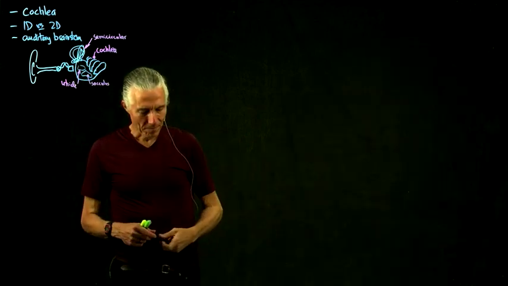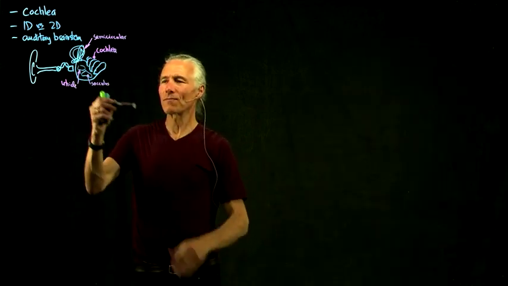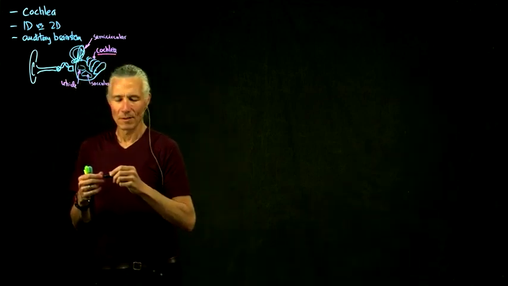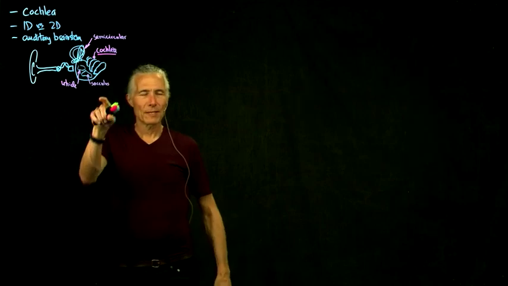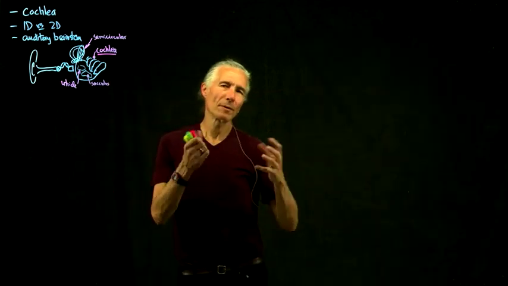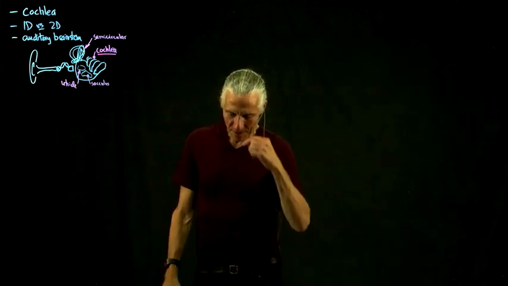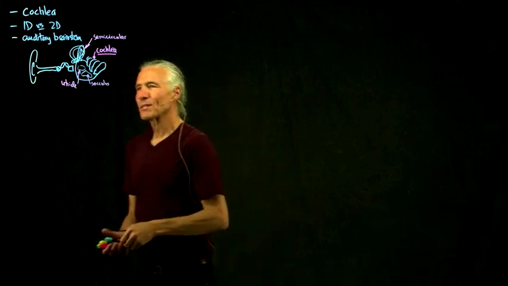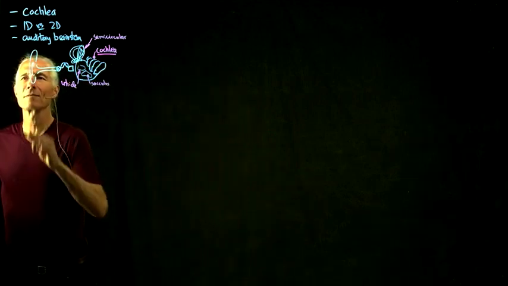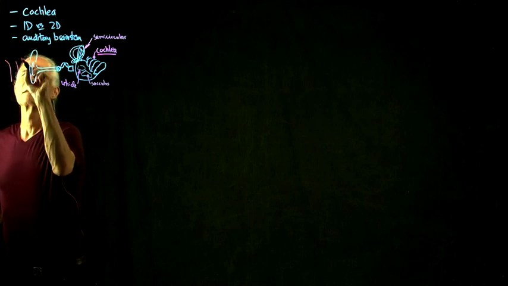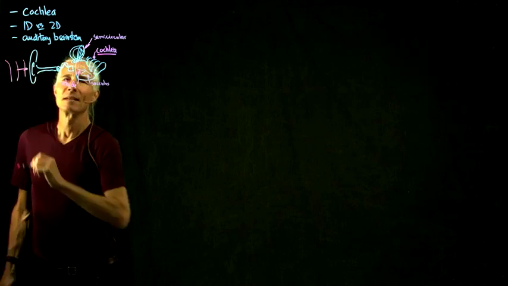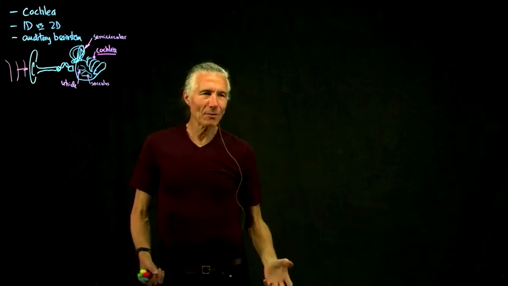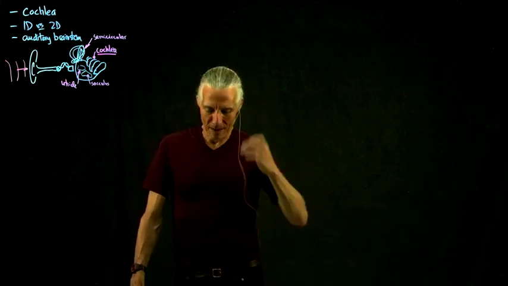So let's focus on the cochlea. We'll talk about the other things later when we talk about eye movements. But the first thing is we talked about sound waves. So here are sound waves coming into the eardrum. And if we back out and ask what the cochlea is mainly doing,